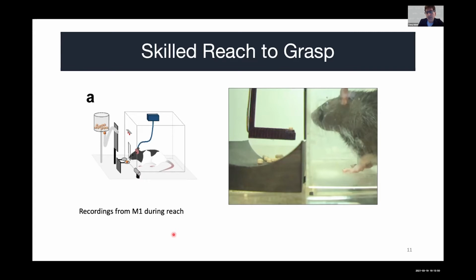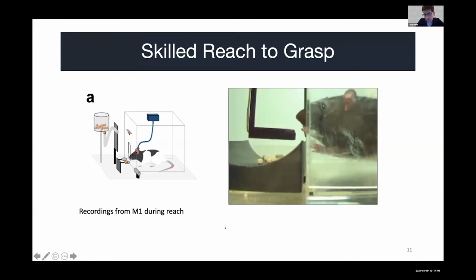And we see that typically within 5 days, they learn this task. So this is a healthy rat that is very proficient at the task, and it's reaching for the sugar pellet. I think I need to disable my laser pointer to play the video. So this is once the rat has become very proficient in this task, and it didn't take the rat a lot of time to reach for the pellet. Typically, once the skill is consolidated, it only takes them around 200 milliseconds to complete this action.